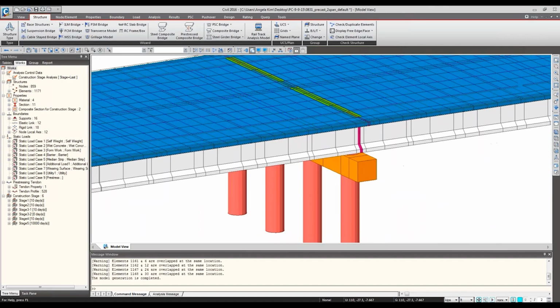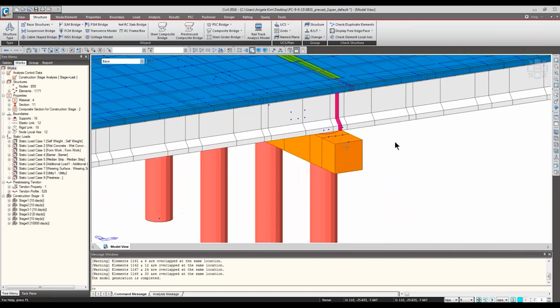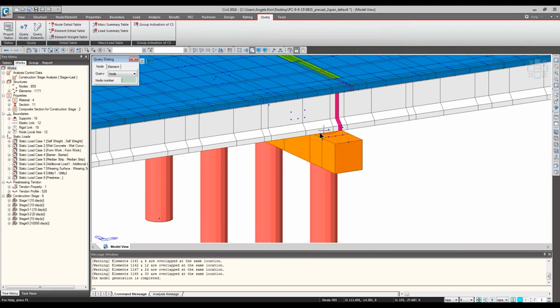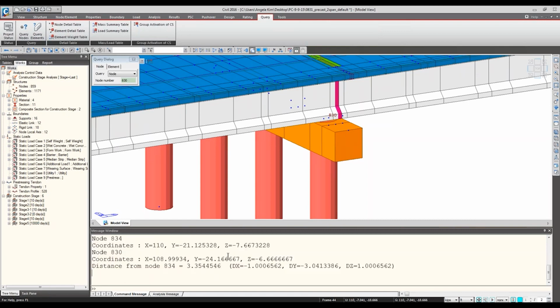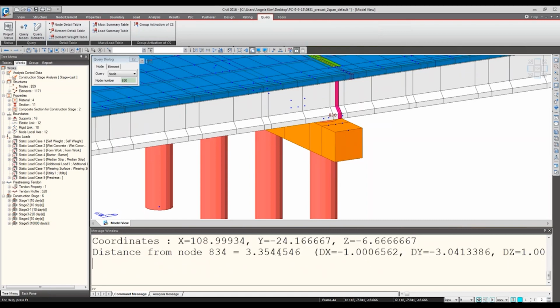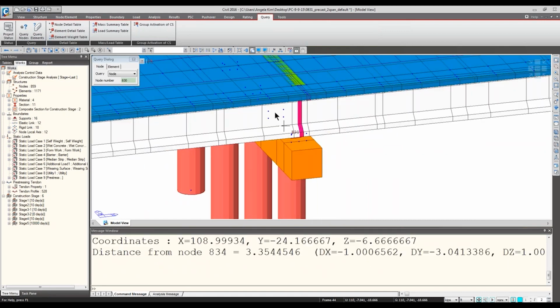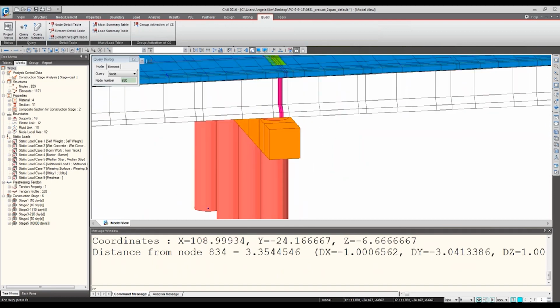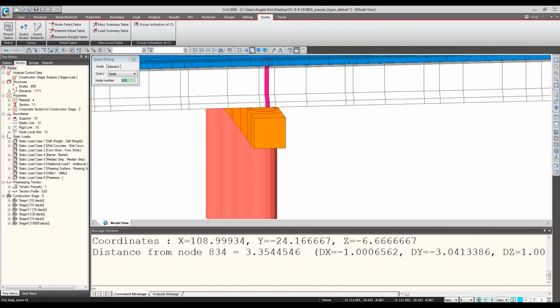If you look at this model view right now, the girder is all white color except the area where I define the spacing. I define the spacing to be like 0.5. Let's take a look. When I inquire about the nodes, it's telling me the distance between the two is about 0.5.